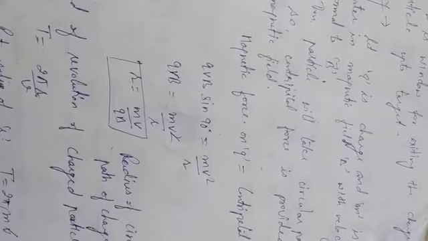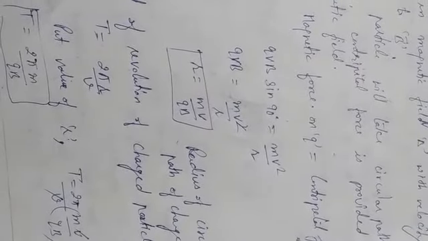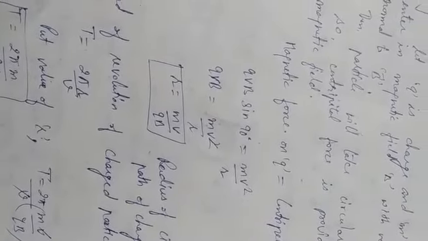Yesterday we have done cyclotron. The cyclotron is a device to accelerate any particle to the highest energy, for example proton, neutron, alpha particle. We have done the construction of the cyclotron and its theory, where we have to find the radius of the circular path and the time taken for one revolution. After this we found the kinetic energy of the charged particle.